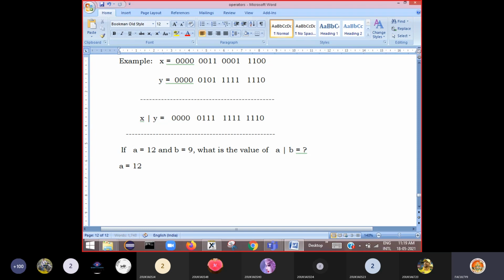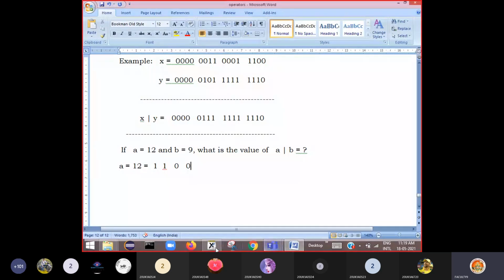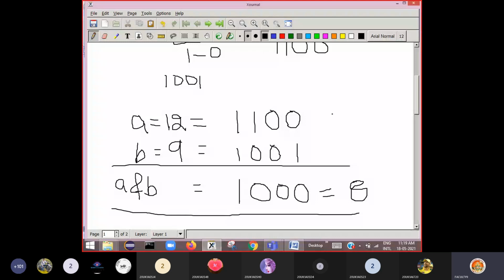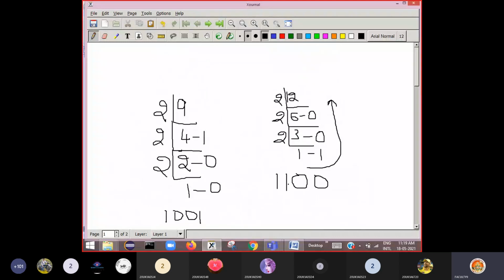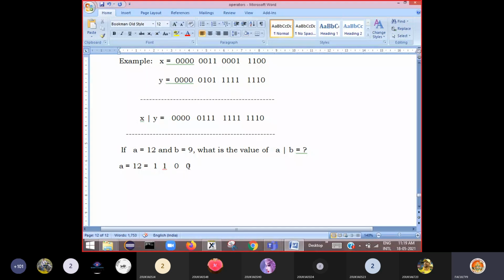If you represent this in binary form, what do you get here? 1 1 0 0. Yes or no? So in the last screen, this is the binary representation for 12. Right? 1 1 0 0. In short, how can you find out this is correct? See here, this is 2 power 0, 2 power 1, 2 power 2. This is 2 power 3. 2 power 3 is 8. 8 plus 4 is 12. Directly, you should be in a position to calculate its equivalent.